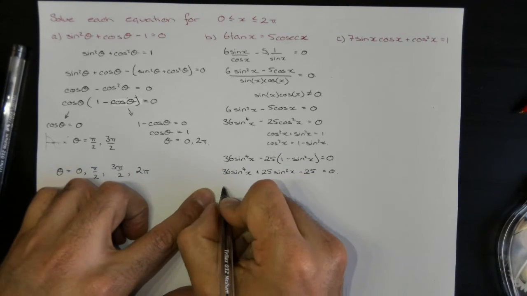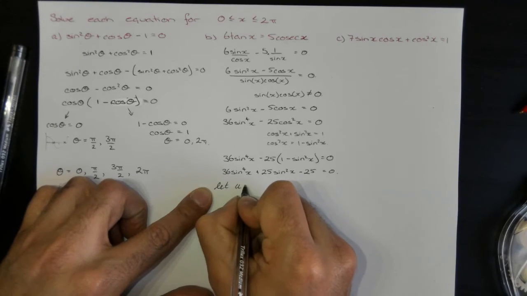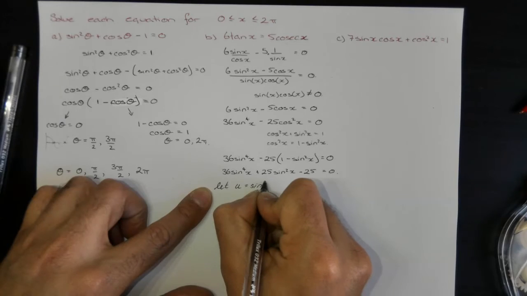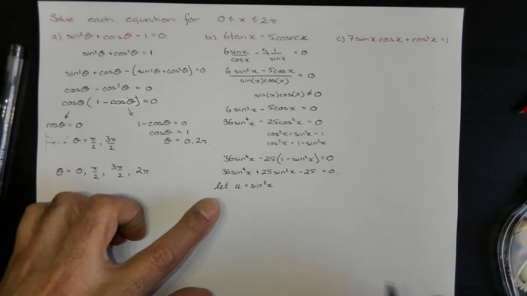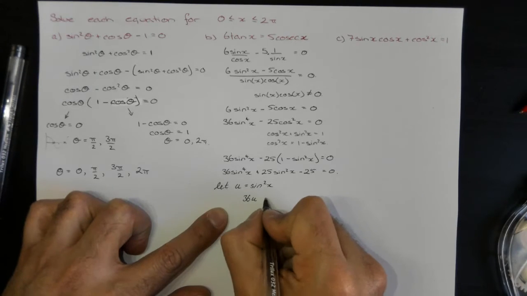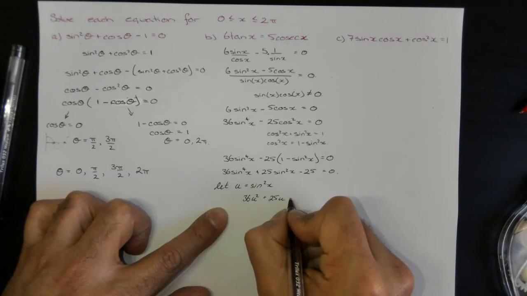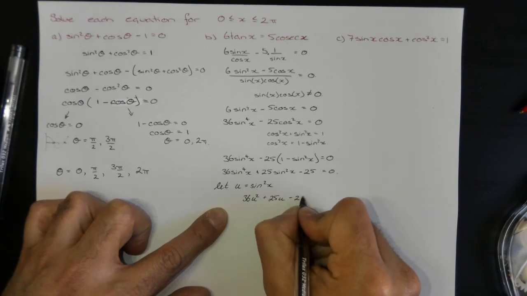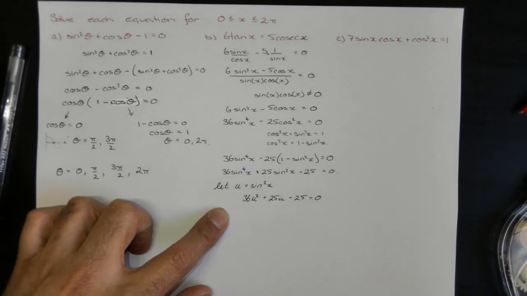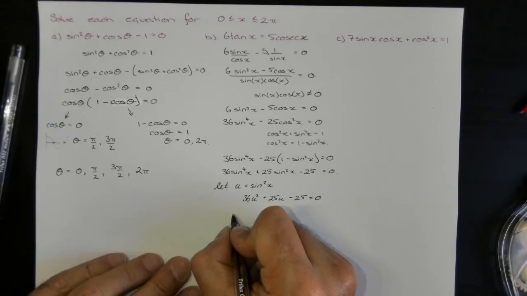So let, once again, u be sine squared x for the time being. So that's going to basically be 36u squared plus 25u minus 25 equals 0. And using our quadratic formula, we can get